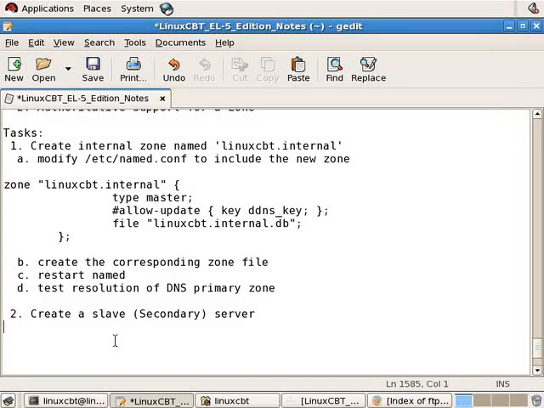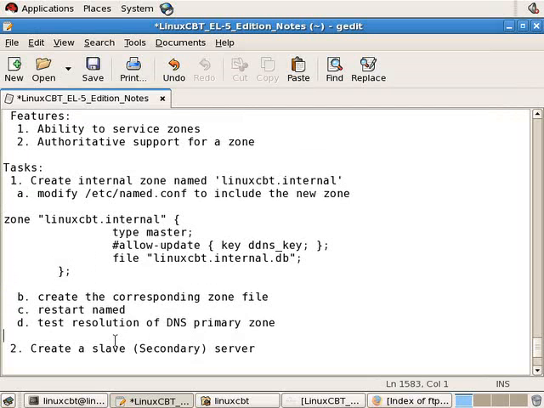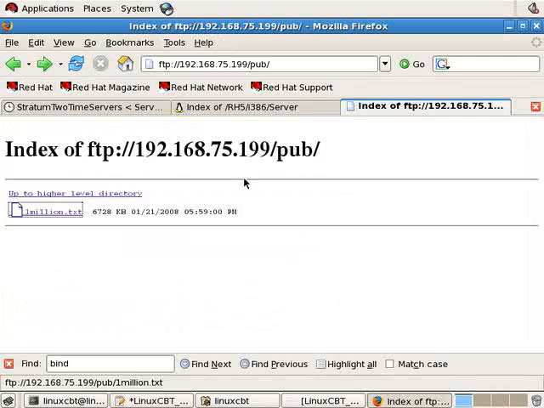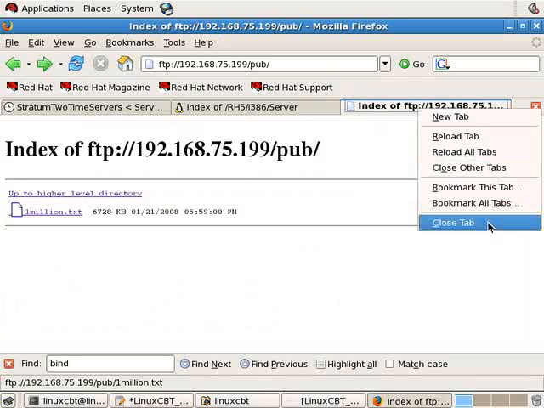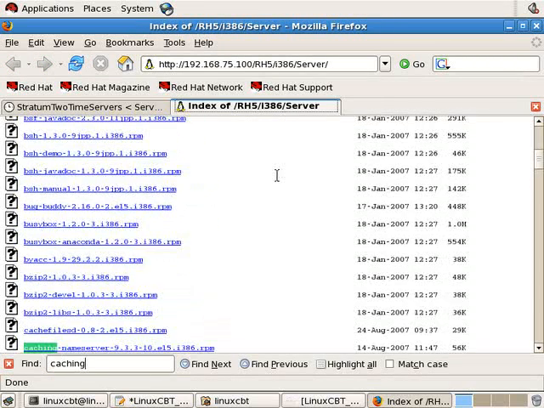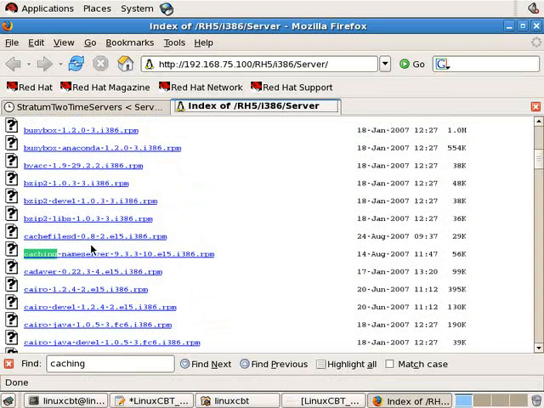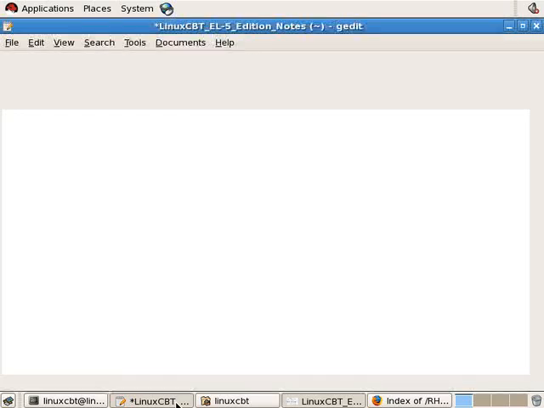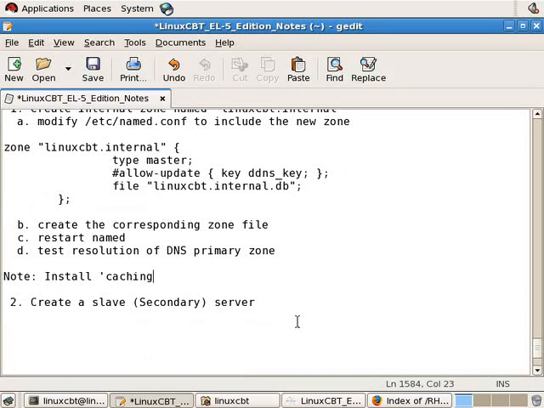Now we should just note regarding caching only, which was the first mode that we set up the DNS server in, that there is a package which implements the caching only feature of DNS. So note, install caching only, and we'll take you to the RPM repository. Let's close this tab and navigate to the middle tab and search for caching-name server. This package will set up a caching-only name server. So install it if that's indeed what you're interested in. So install caching name server star for caching-only